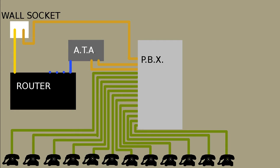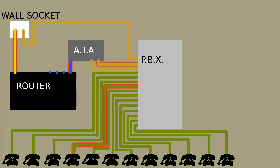Right, if we're doing calls on CNET that come in via VoIP, then it's a little bit different. A CNET call might go something like this. It comes from my wall socket to my router as computer code, and the router realizes the code is a VoIP call, so it routes the signal to the ATA, the analog terminal adapter. The analog terminal adapter translates the computer code it's receiving into an ordinary telephone signal, like you would get down an ordinary voice line, and then sends it out